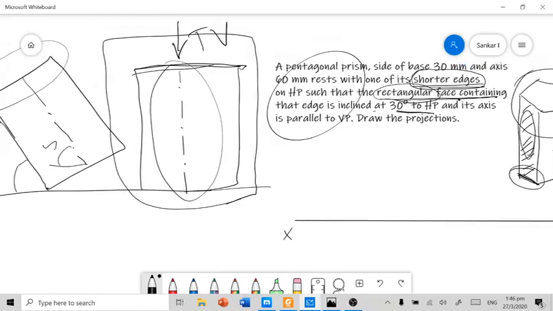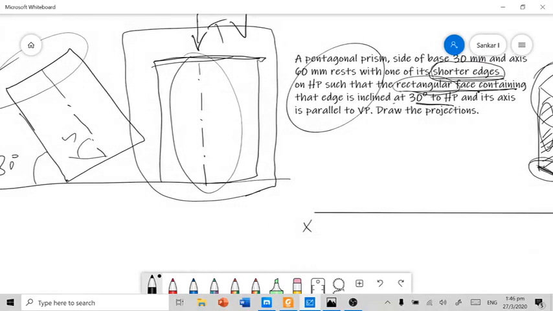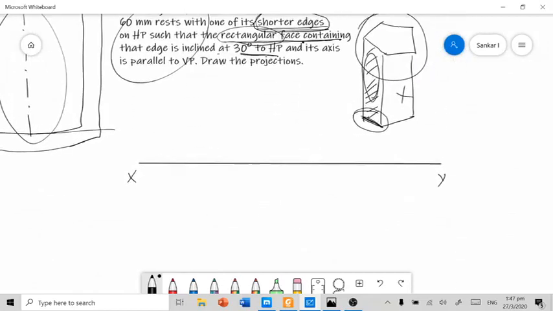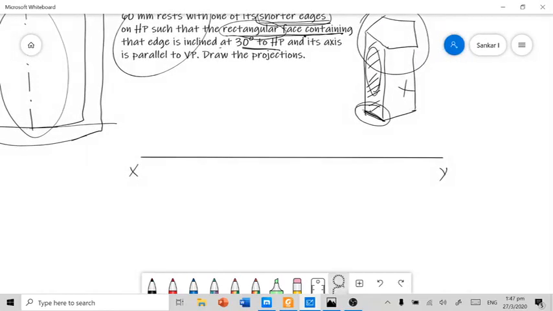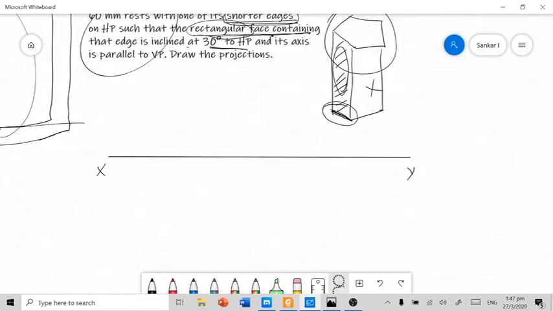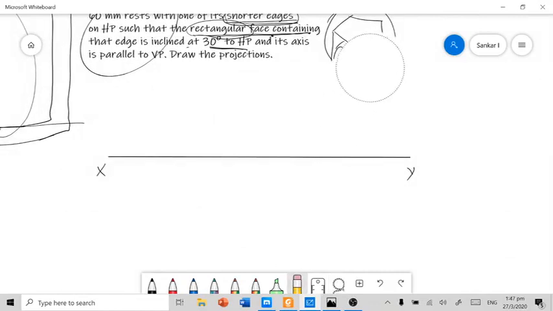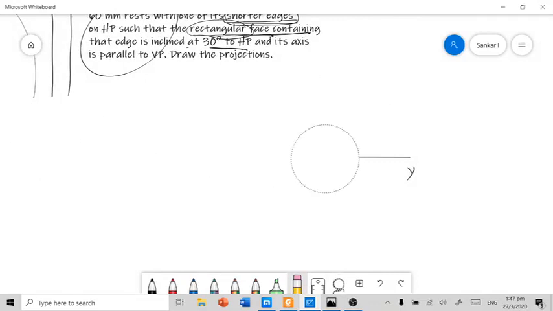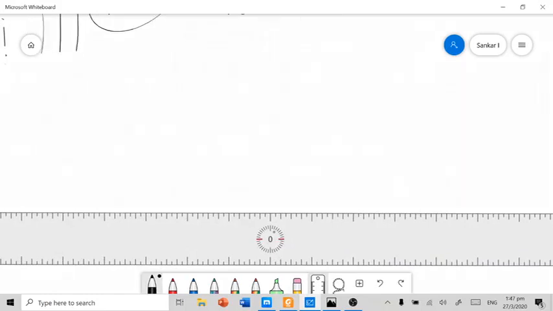So in my imagination, I am making the solid axis perpendicular to HP. So now I am able to see the base surface in the top view. So in the problem, let me draw the XY line once again.